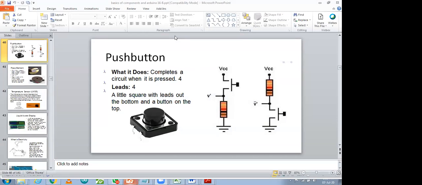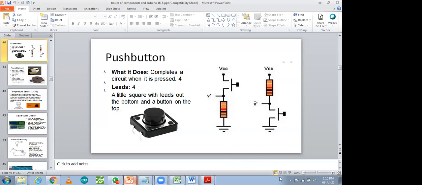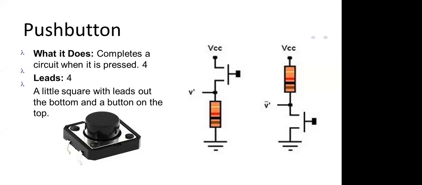Okay, I think it is visible to everyone. These are push buttons and all that. How you have to use a push button is very important. Whenever you have to use a push button, you have to use one resistance over here. That is pull up and pull down. What is the meaning of pull up and pull down? That is very important, and I'm going to discuss it with you.